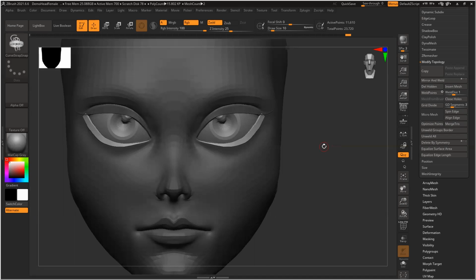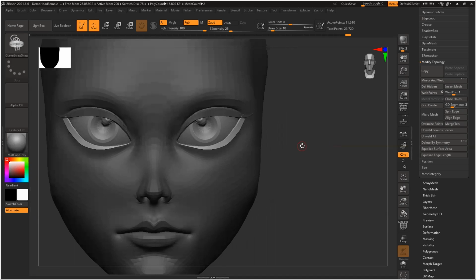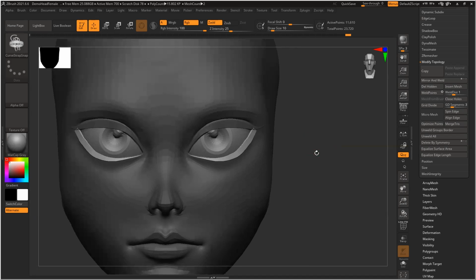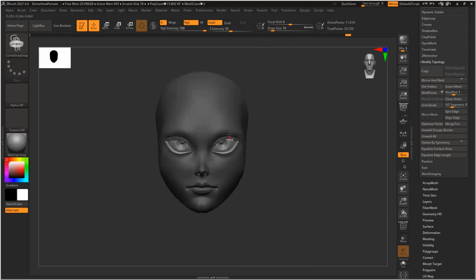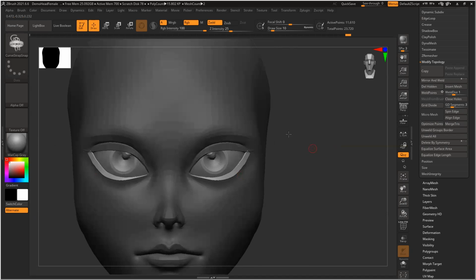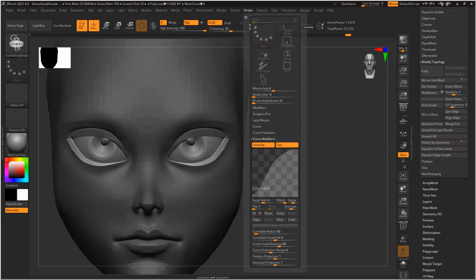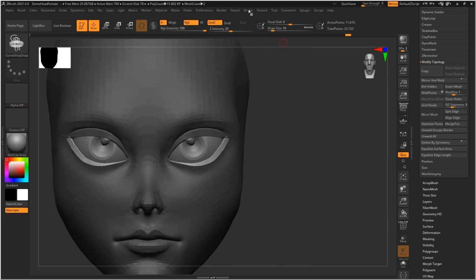So to create that, I'll simply make those things. Then we have a diamond shape here, a triangle shape here, and we have this thin to thick thing for eyebrows also.